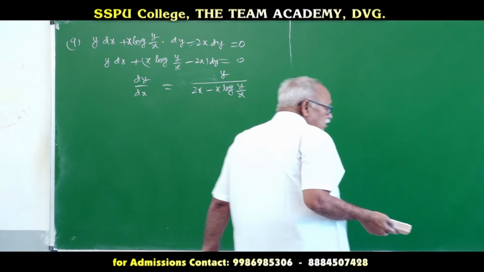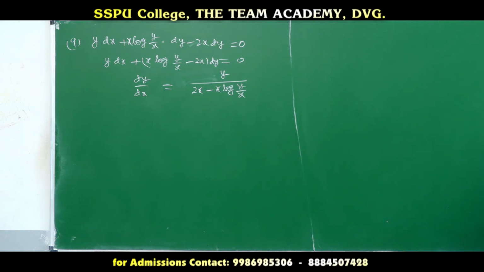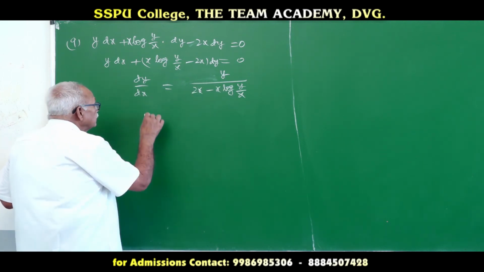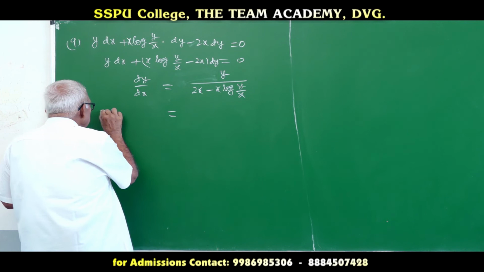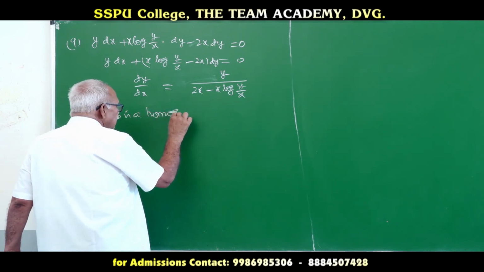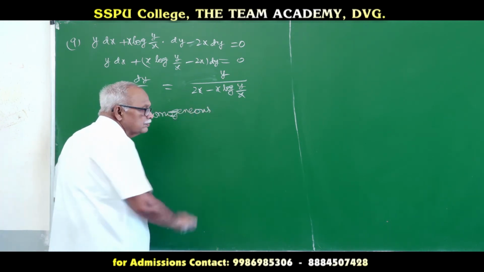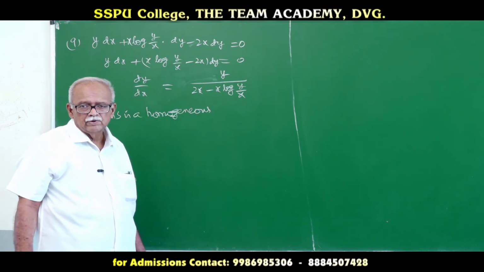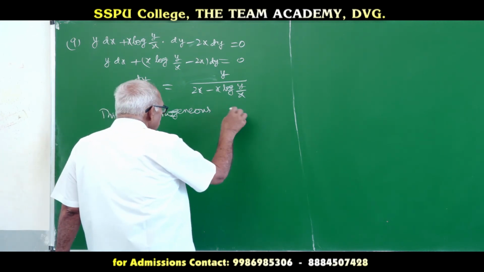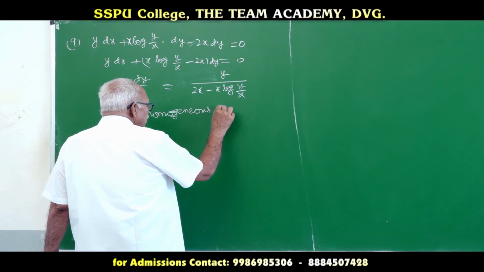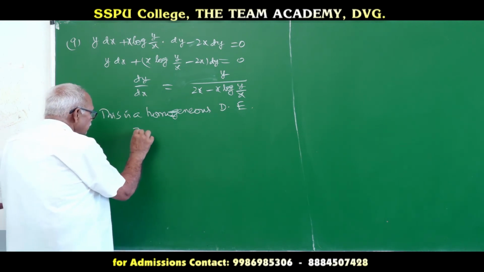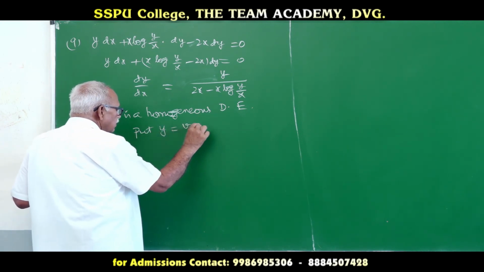So, it is a homogeneous differential equation. I have already told you, you have to prove it yourself: f of lambda x comma lambda y is equal to lambda power n into f of x y. n can be 0, 1, like that; then it is a homogeneous differential equation. Now, the first step is put y is equal to vx,